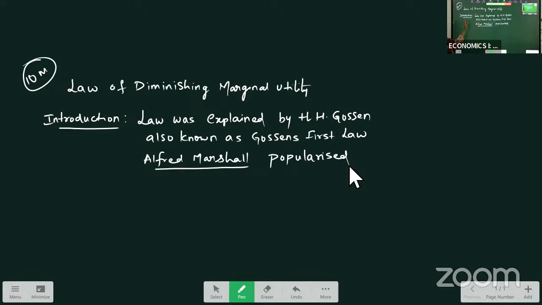So in the introduction: this law was first explained by H. Gossen. It is also known as Gossen's first law, and Alfred Marshall later popularized it in a scientific way. Now let us see what the law explains. We will see the definition here. The next point you will write is the definition. The definition is: additional benefit